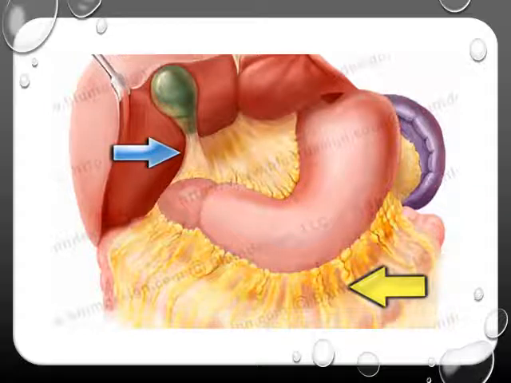Now after covering the whole of the liver, the peritoneum, apart from moving downwards, moves a little bit to the left, forming the anterior layer of lesser omentum. So in between the liver and the stomach, this peritoneal fold is the lesser omentum. So the greater sac peritoneum forms the anterior layer of the lesser omentum.